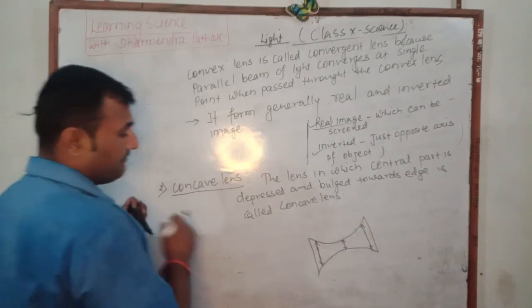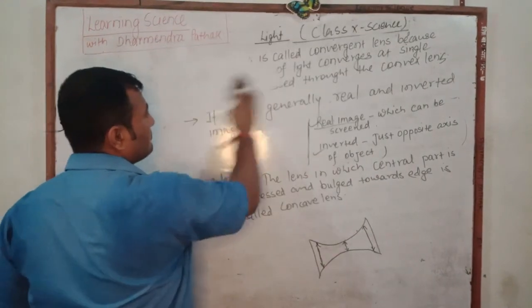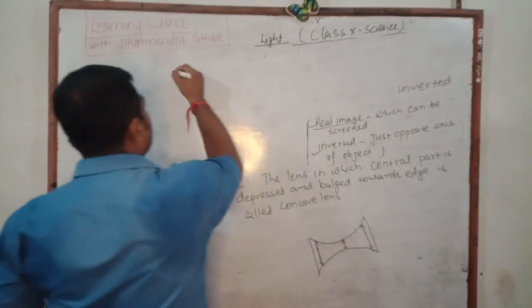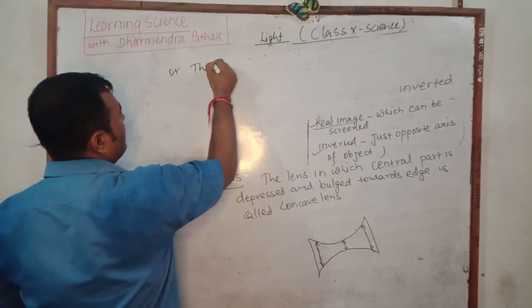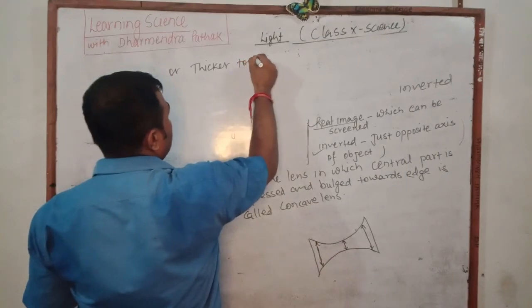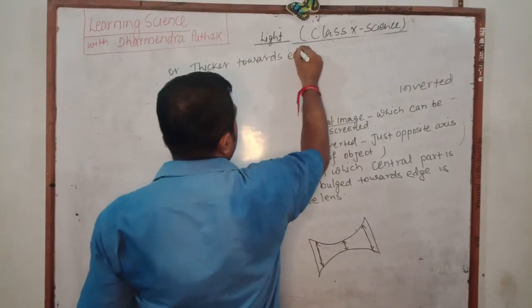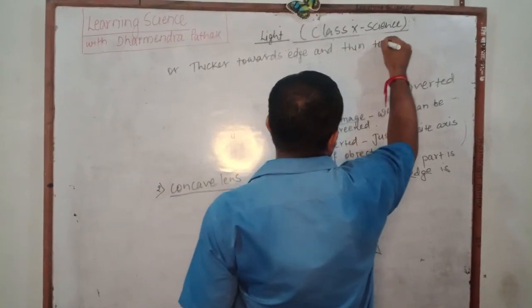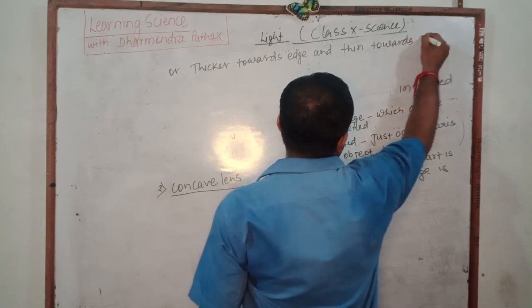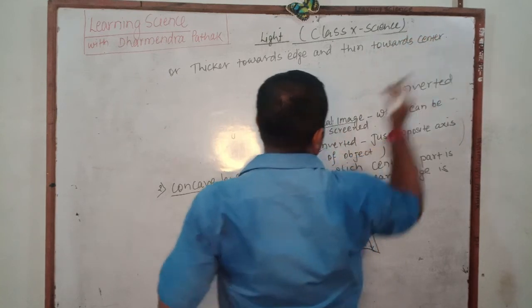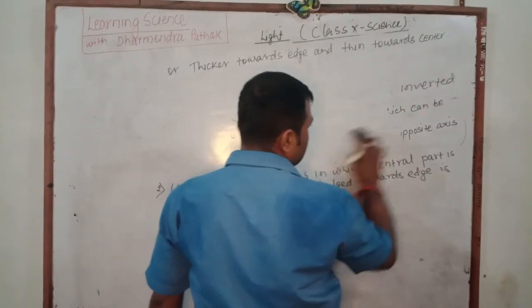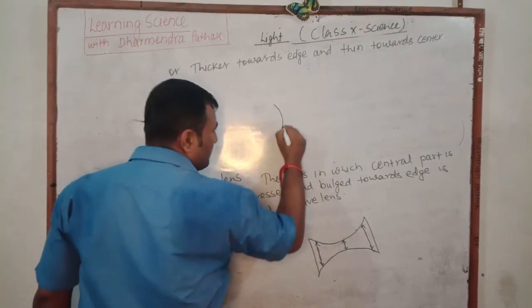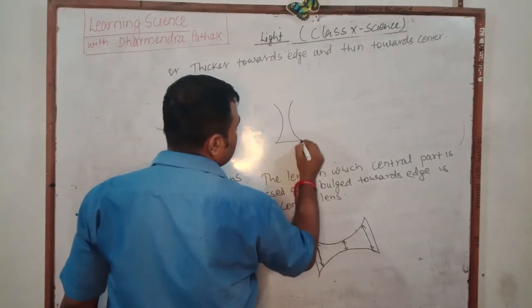And here we write, or thicker towards the edge and thin towards the center, then it is known as which type of lens? Concave lens. And one of the important properties is here, when a parallel beam of light passes through the concave lens,